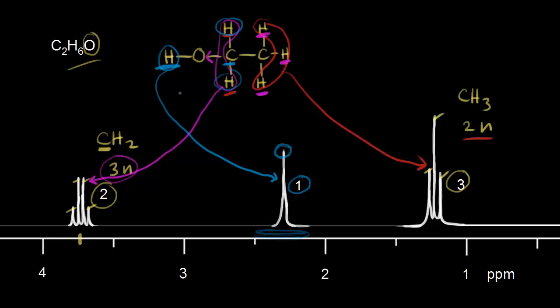And that's because this alcoholic proton rapidly passes from one molecule to another. This proton transfer is so fast that the proton never stays in place long enough to interact with these neighboring protons. And so the NMR machine usually doesn't show any splitting. Under the right conditions, it is possible for splitting of the alcoholic proton to occur, and you might see a triplet here. But on most NMRs, you're only going to see a singlet, which is another clue on your NMR spectrum.